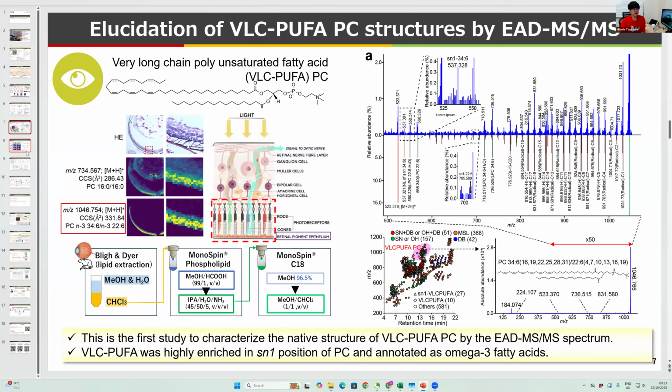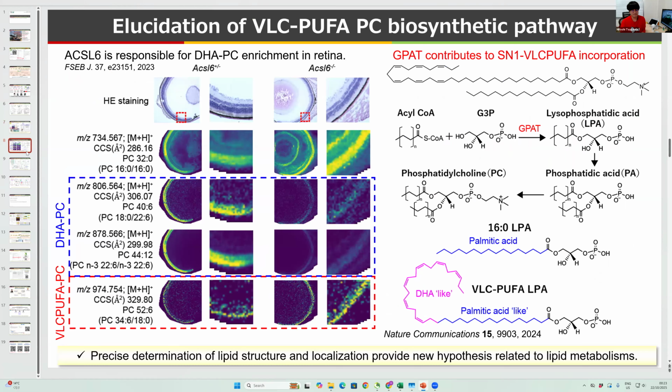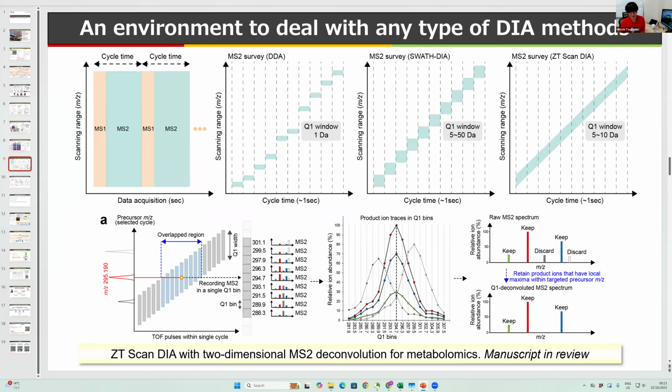fatty acids. Then you can annotate the localization of such very specific lipid species if you have the mass spectrometry imaging data in the MS-DIAL program. For example, this result shows the alteration of lipid localization between the knockout mouse and wild type mouse. Then, this year we actually announced this MS-DIAL program is ready for processing